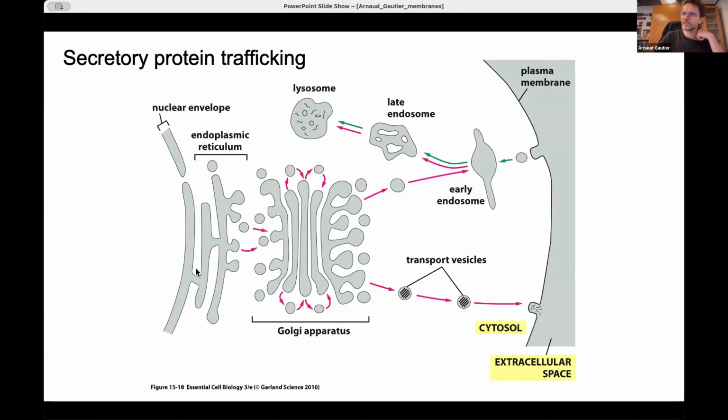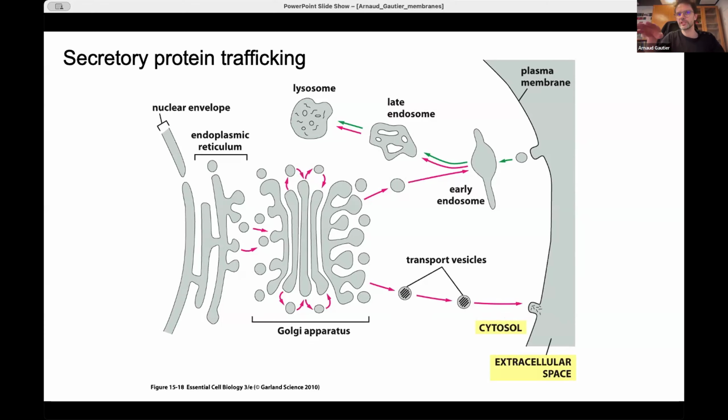I don't really have to explain how secretory protein trafficking works: secreted proteins are expressed in the ER, then go to the Golgi, and then reach the plasma membrane through a transport vesicle. If you want to evaluate and control the kinetics of the different steps, it's quite challenging, because if you just express a protein at steady state, you will have fluorescence in all compartments. It's an asynchronous process, a continuum.